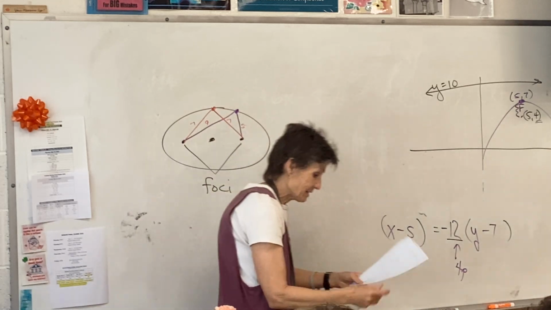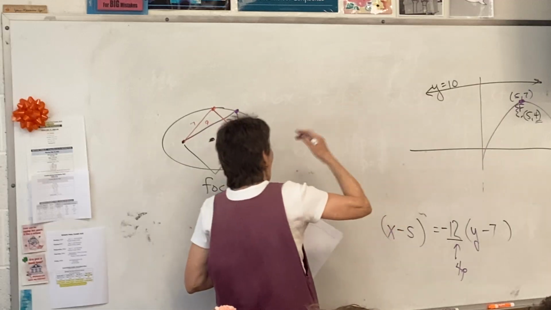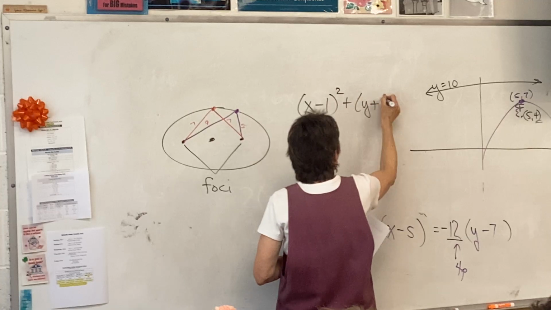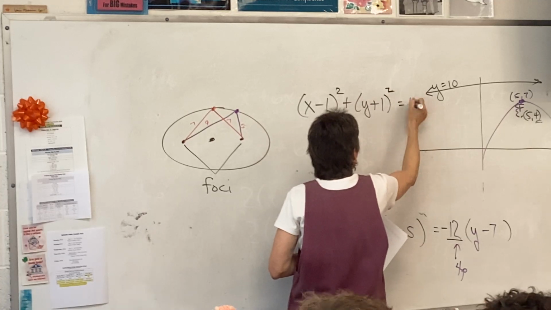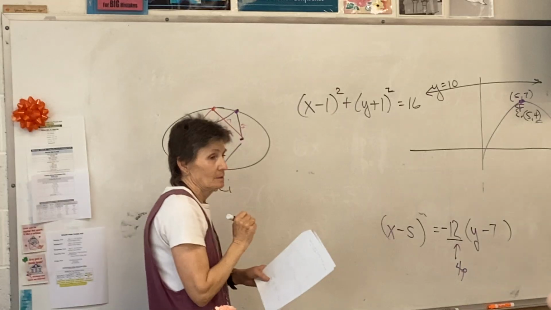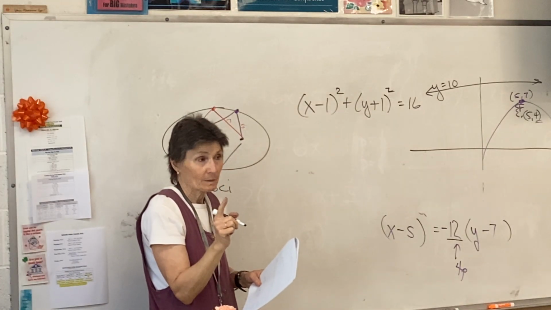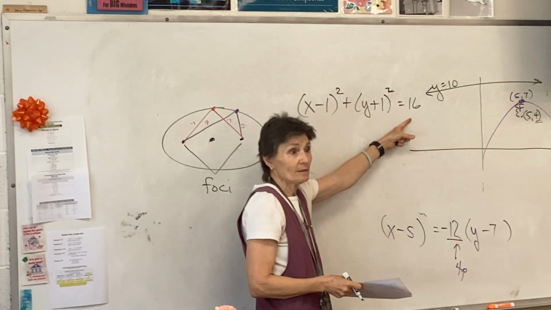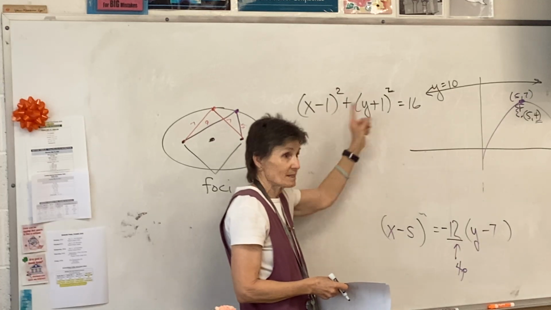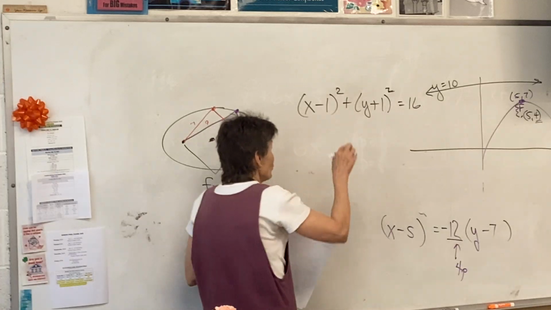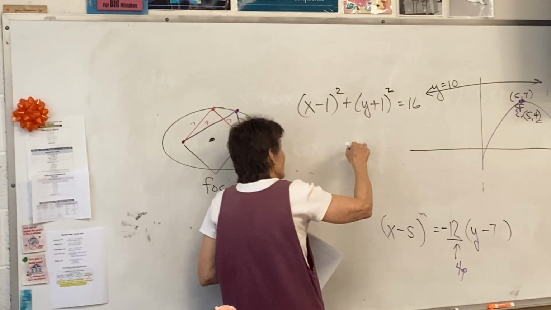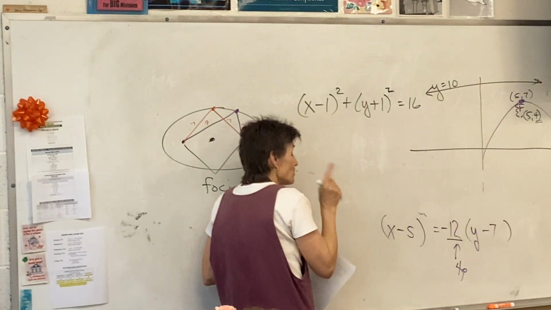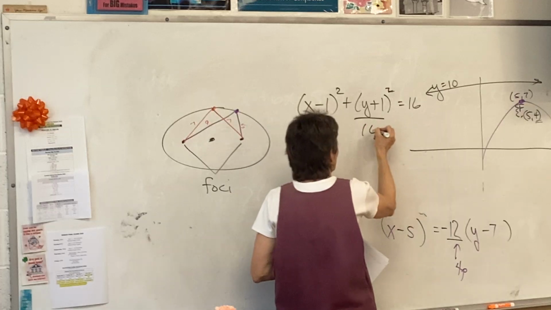Now, what does the equation look like? Well, I want to back up a minute. Yesterday, we looked at equations that looked like this. And what did you tell me that was? That's a circle, right? With a center at (1, -1) and a radius of 4. That's what that is. If I took that equation and divided everything by 16,